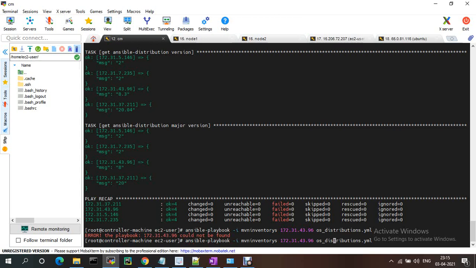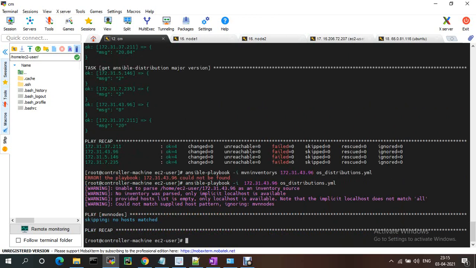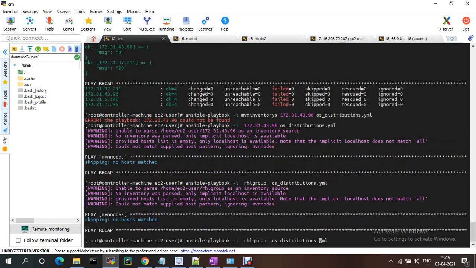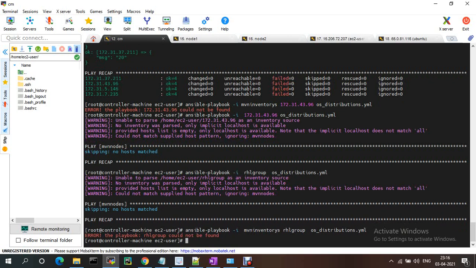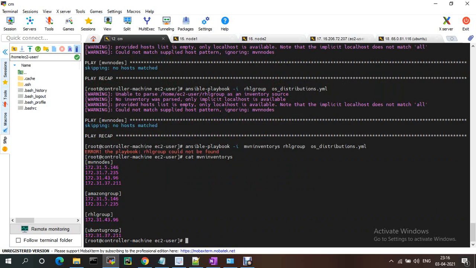Instead of the inventory, you can give just the group name.